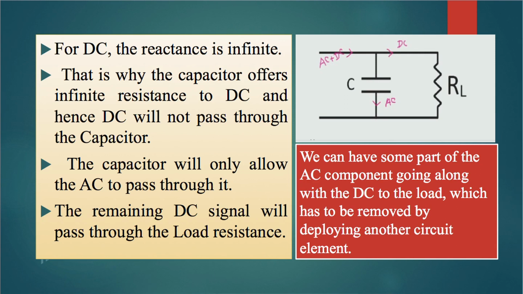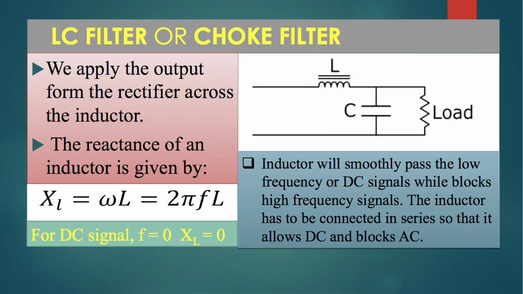But still we can have some part of the AC components going along with the DC to the load, which has to be removed by deploying another circuit element. So there is another popular filter circuit which is known as LC filter or Choke filter. Here we use an inductor in series, and the capacitor and the load resistance are in parallel. Here this is the diagram where you can see that the output of the rectifier circuit is fed across the